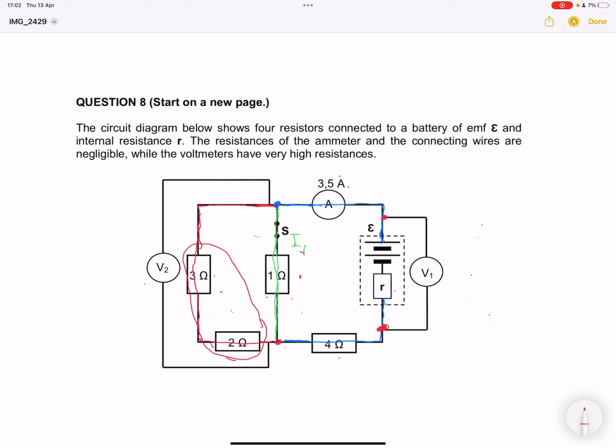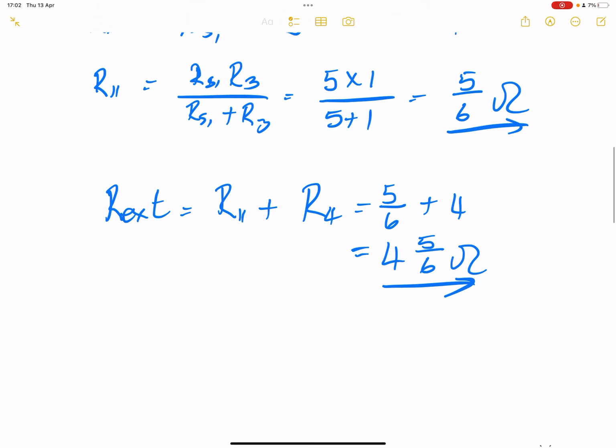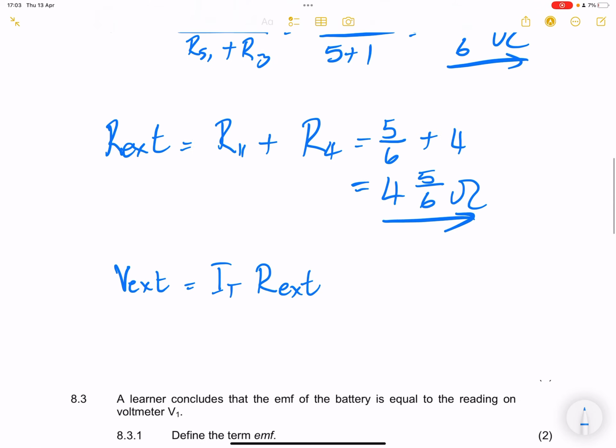So it's actually what the battery supplies to the external circuit. So we know the external resistance, but we also know the total current, isn't it? So we can therefore say that V external will be equal to I total multiplied by R external. So this will give me 3.5 amperes multiplied by 4 and 1 over 5,